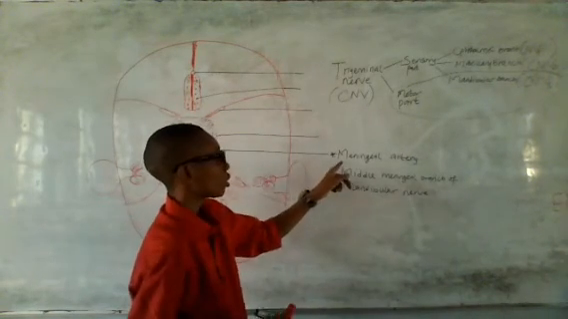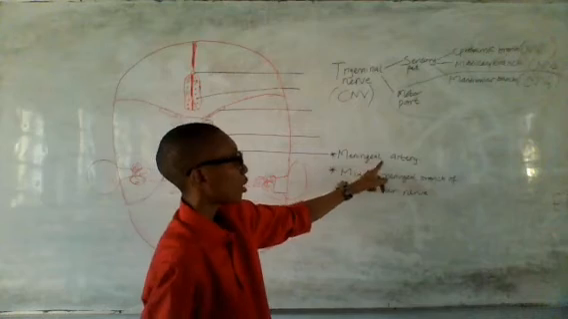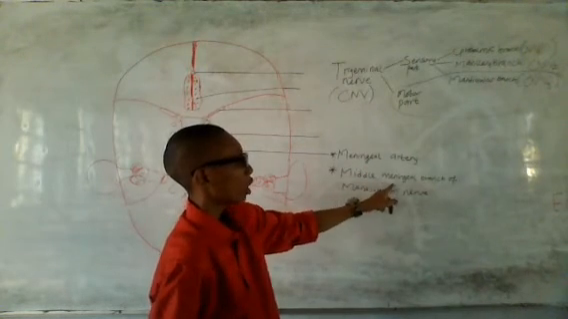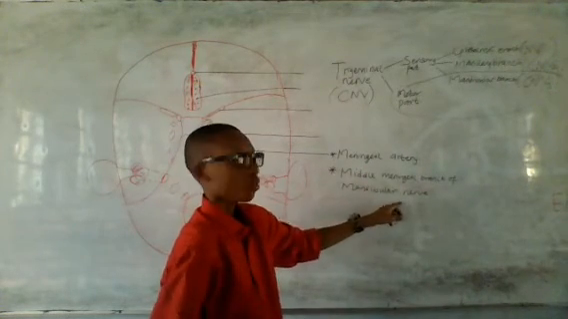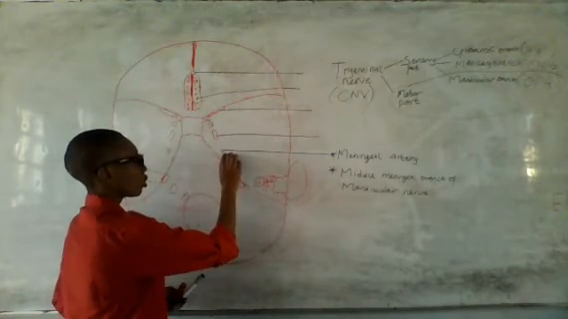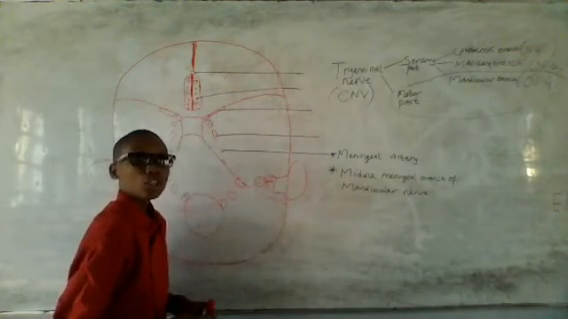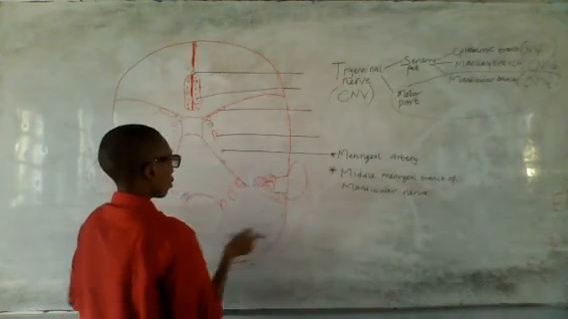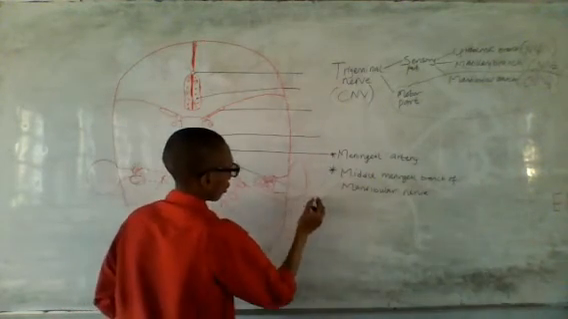So now we have the meningeal artery, the middle meningeal branch of mandibular nerve. So these are the two structures that pass through the foramen spinosum. So now the next foramen is this,